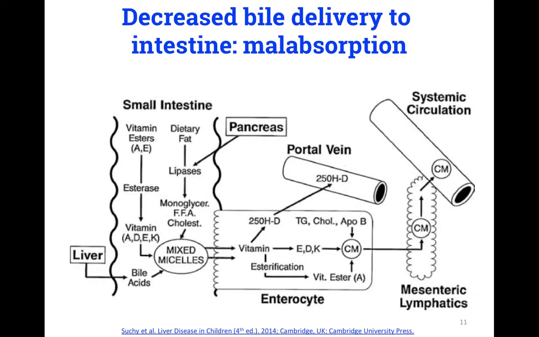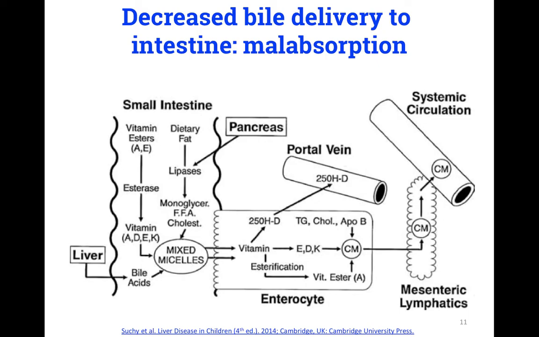So if you don't get enough bile acids into the intestine because they can't be secreted because you have cholestasis, you have insufficient micelle formation for adequate digestion. And this manifests primarily as diarrhea, which can be watery, or steatorrhea, which is a description of oily, bulky, or greasy stools due to the persistence of fat that has been excreted in high